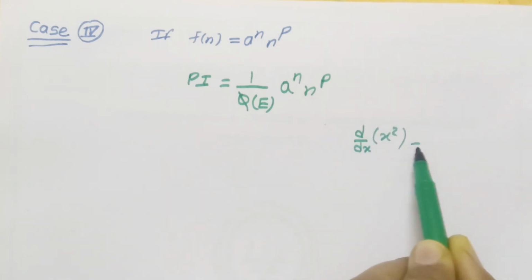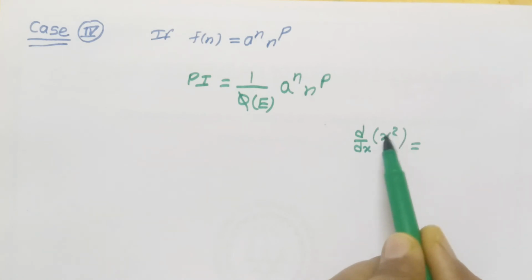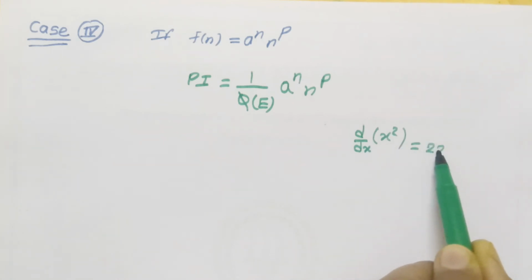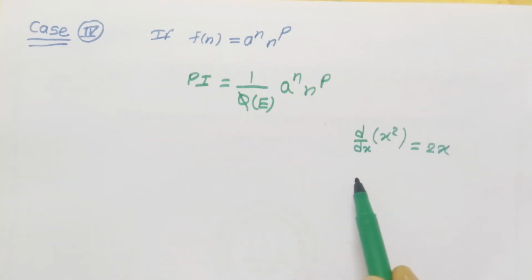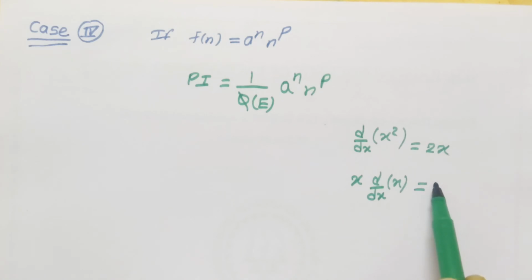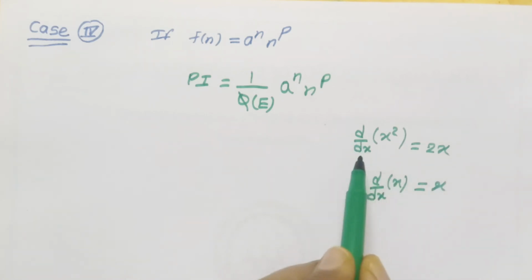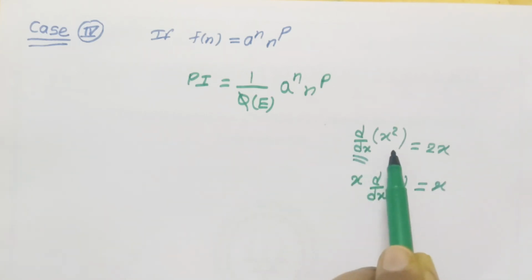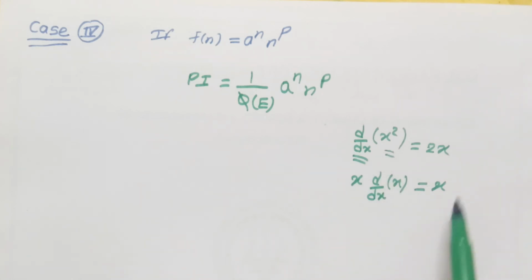तो इसका मीनिंग क्या होता है, ये डेरिवेटिव है x² का जिसको हम लिखते हैं 2x। बट अगर मैंने इस तरह से लिख लिया x d/dx ऑफ x, तो इसका आंसर क्या आएगा, x। तो ये क्या है, डेरिवेटिव इज़ ए ऑपरेटर विच इज़ ऑपरेट ऑन आवर फंक्शन x², देन वी गेट डेरिवेटिव ऑफ x² इज़ 2x।